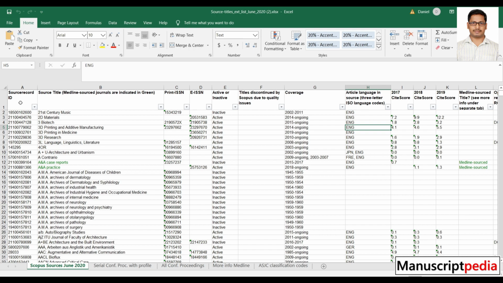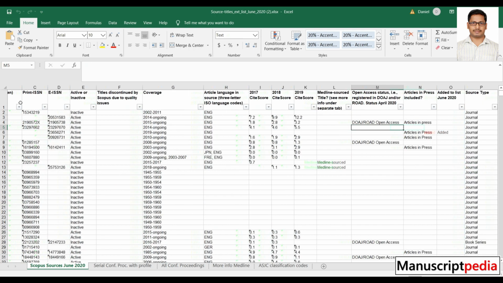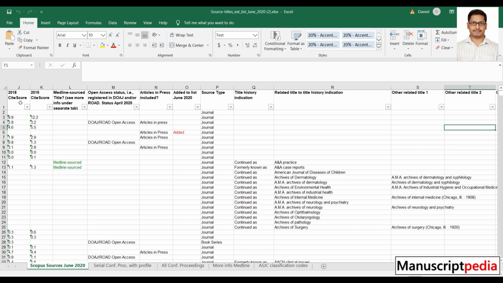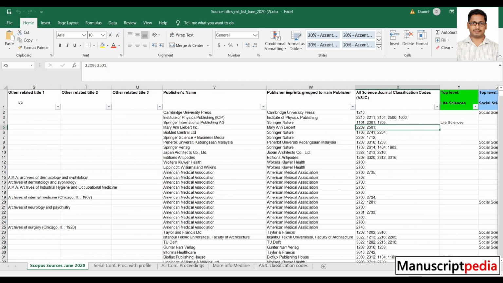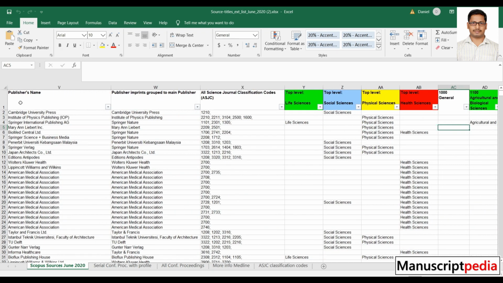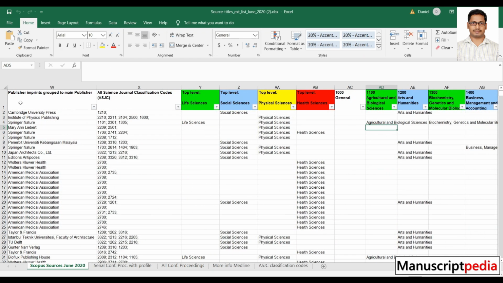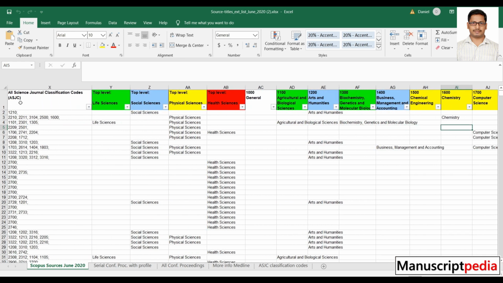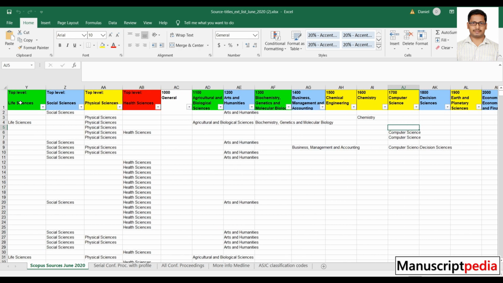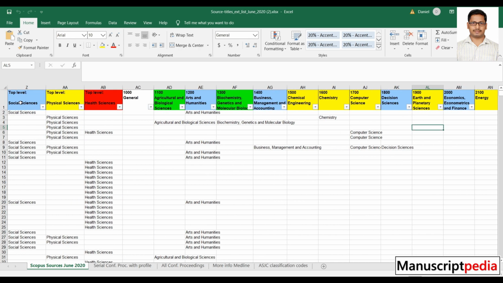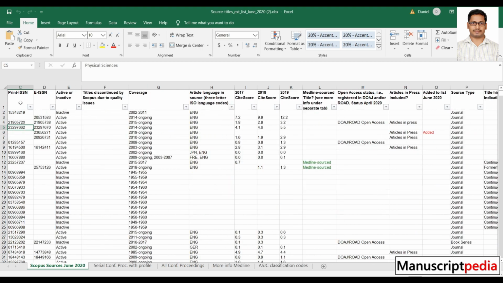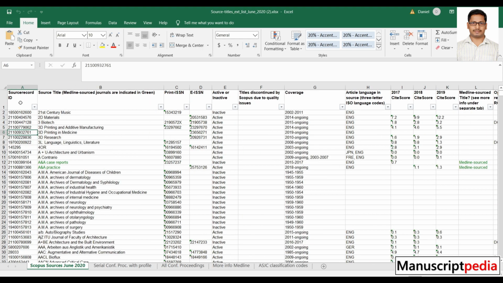Here you also find the CiteScore, whether it is open access or not, the name of the publisher, and the ASJC codes for every journal, whether it belongs to engineering, life science, social science, general, business or chemical engineering. All these details are provided here.